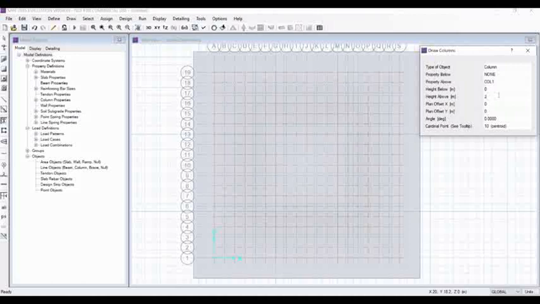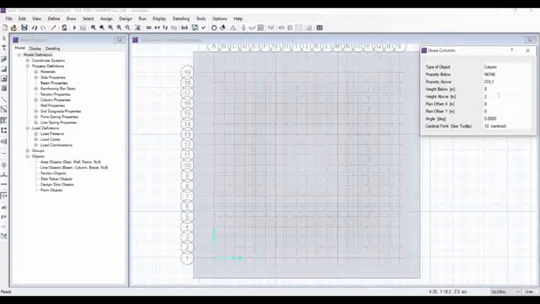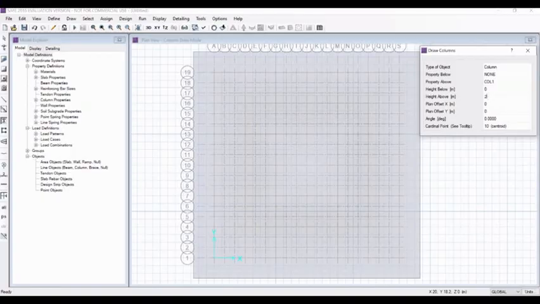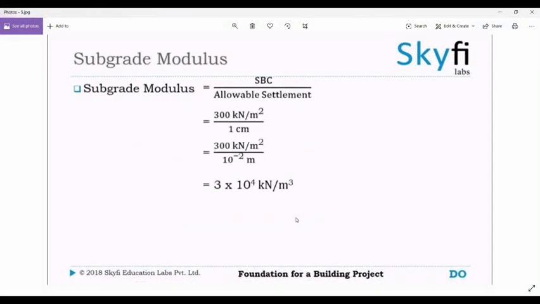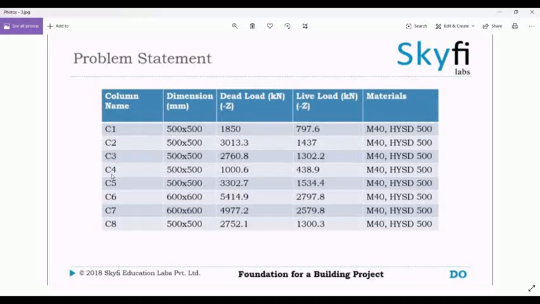Height below will be 2. And just with this, we can watch from our figure that C1 is here, C2 is here, C3 and C4, and all the dimensions from C1, C2, C3, C4, C5 is 500.